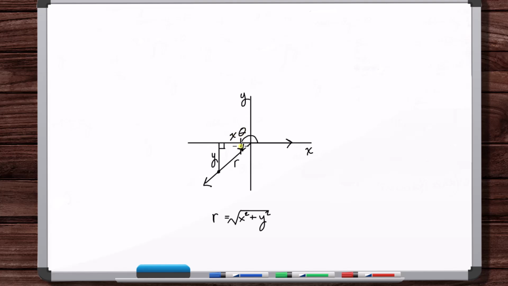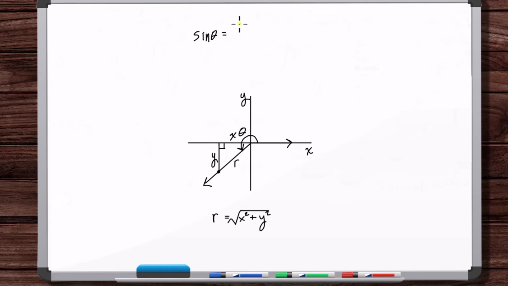So, for example, the sine of this angle would be the opposite over the hypotenuse. That's going to be a negative y over the radius, as opposed to the sine of this actual angle, which would be a positive y over the radius. Okay, and so with that, we can define the trig functions, and this is for any angle,